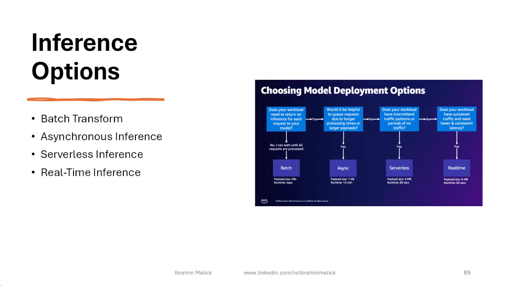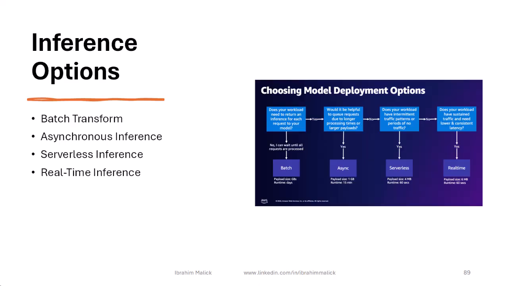So when you're deploying with SageMaker, right, SageMaker deploys models using Docker images, all right? And inference options, both batch, async, serverless, and real-time inference, are available. And batch transform, right, is best for, as I said, offline, large data sets. You don't need an immediate response. Async queues requests with large payloads and scales down during inactivity. So if you want to do a backup job, you